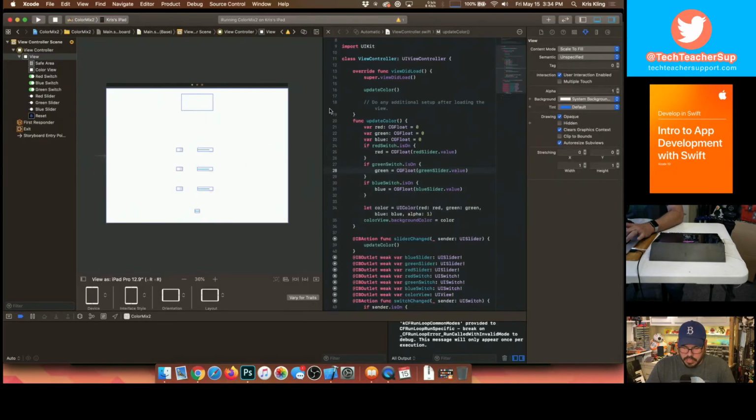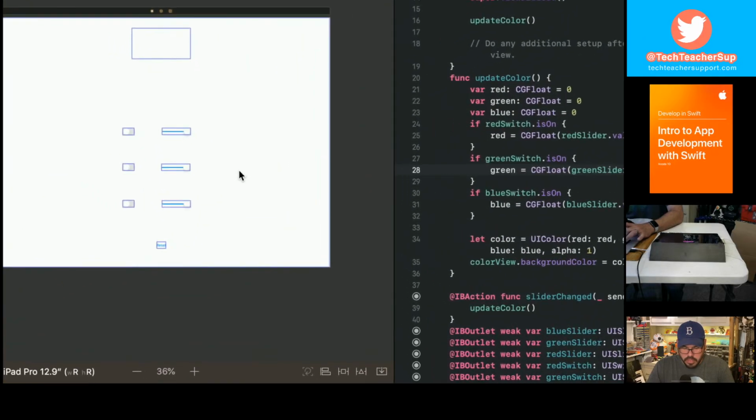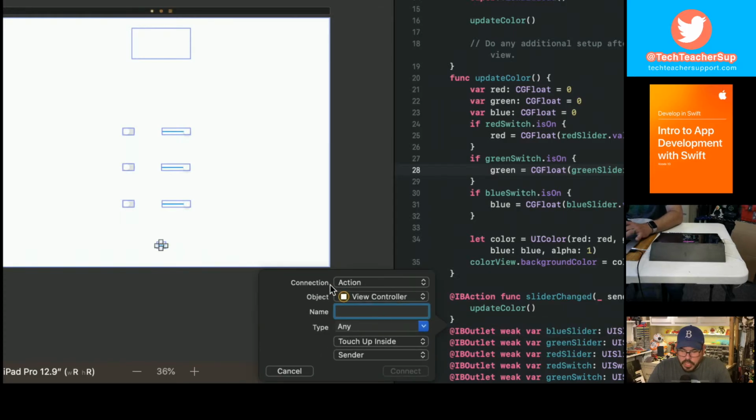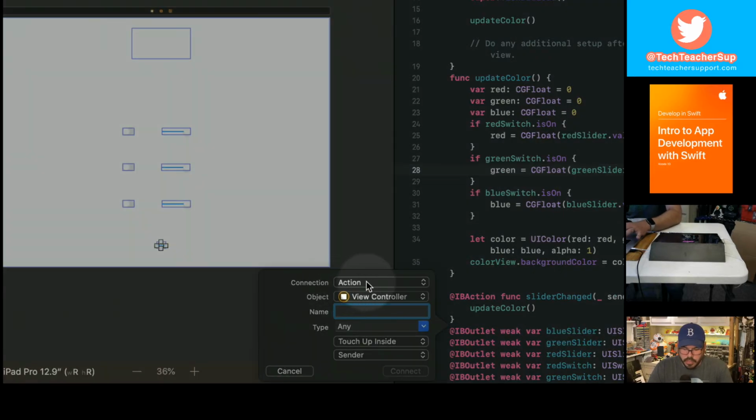So let's do that. Let's zoom in a little bit here. There's my reset button. I'm going to click on it. And now again, I'm going to hold control, and I'm going to drag from my button over here. And you know what? Let's just put it right in there. It is, remember, an action, and we're going to call it reset. And now here, touch up inside,